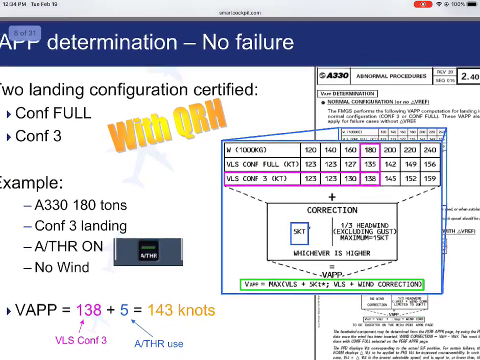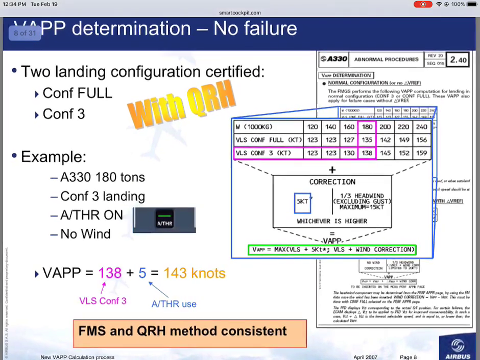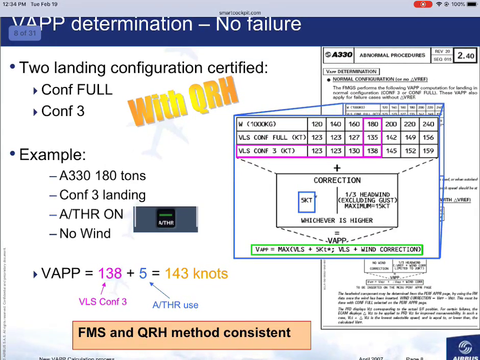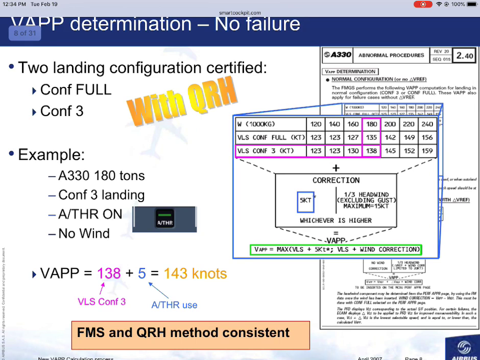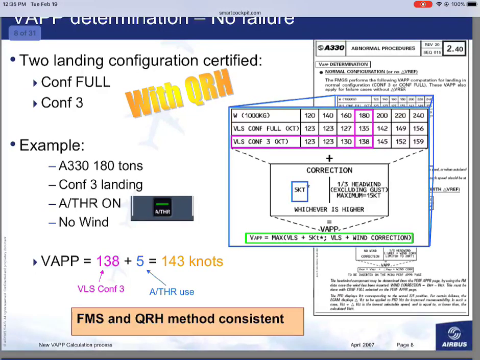And you'll see the difference between flaps 3 and flaps full in this A330 that's currently in Infinite Flight. I don't know if it's intentional. I don't know if this is the actual thing. They seem to use a config 3 landing. It seems to be recommended. So